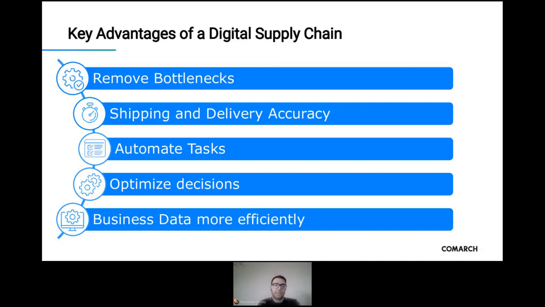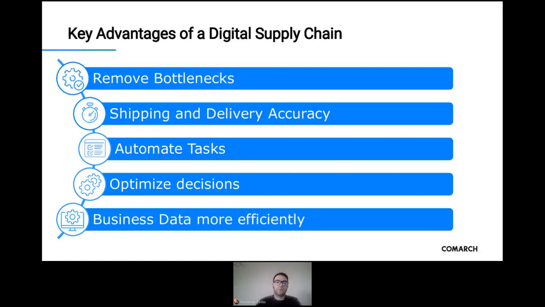Going digital can certainly bring many advantages. Here we can see different key advantages that many leaders can count on with a digital supply chain. The digitalization of supply chain processes, of course, allows you to remove major supply chain bottlenecks by also giving you a complete overview of all your activities and inventory levels. With the proper monitoring and data exchange tools, you can easily be sure that your business will never